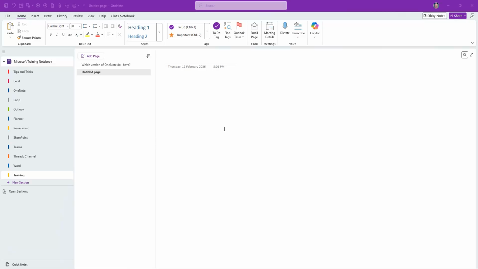Today I want to show you how you can create a simple to-do list in Microsoft OneNote. It even provides you with little check items so you can tick them off as you go. Now, all I've got here on the screen is a simple OneNote notebook opened up. I've got some sections here. I've created one for training, and then I've got a page in this section that I'm going to use for